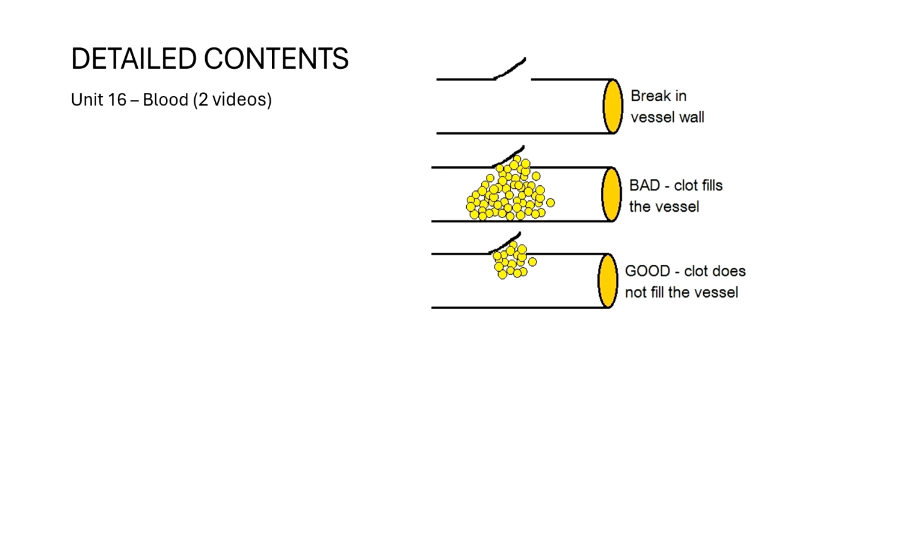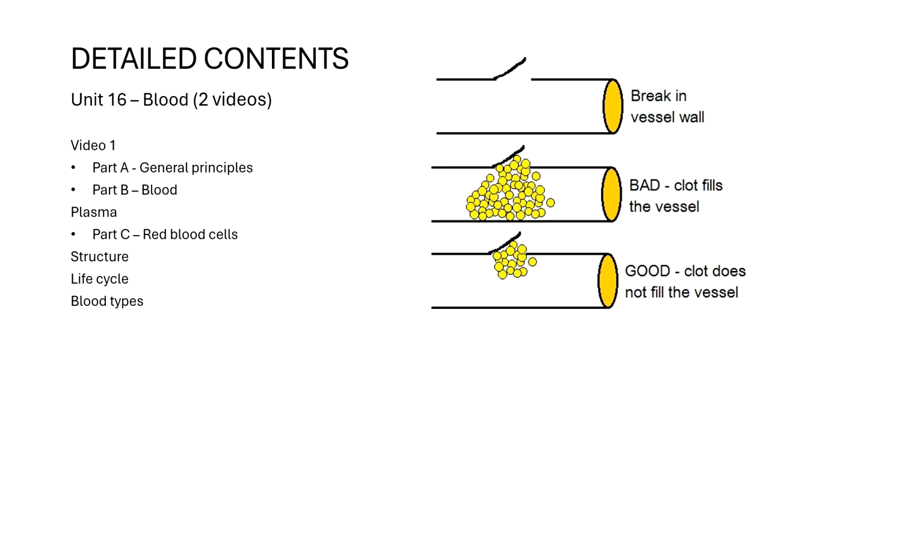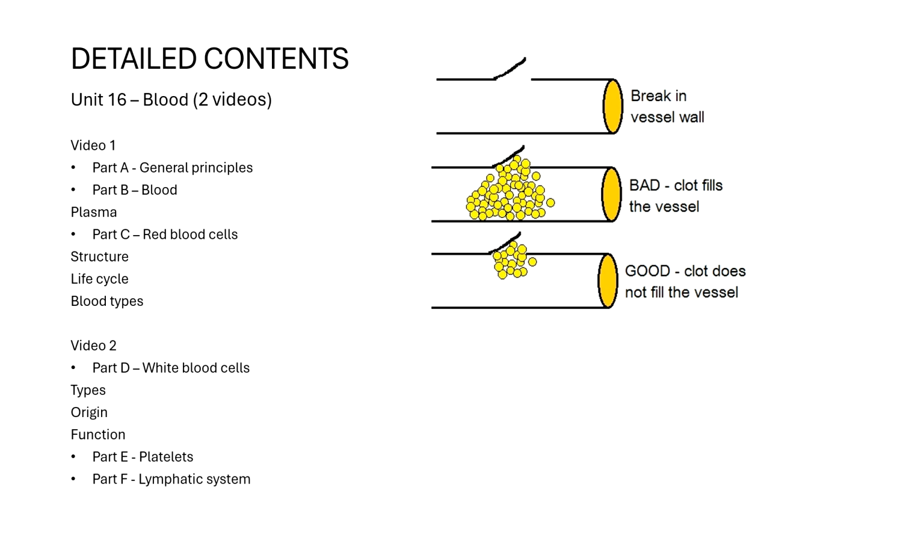Unit 16 is blood. Part A deals with some general principles. This is found in video 1. Part B looks at blood, mainly plasma. Part C, red blood cells, their structure, life cycle, and blood types. The second video includes Part D, white blood cells, their types, origin, and function, and then Part E, platelets, and